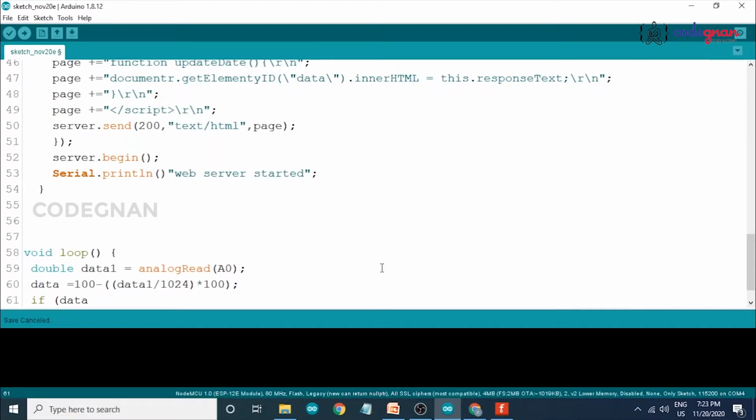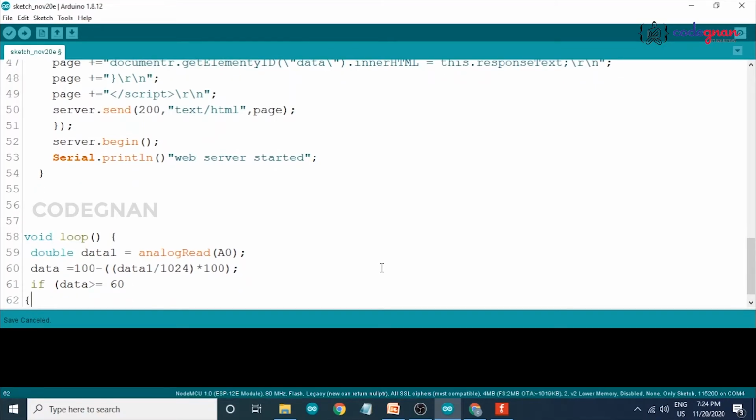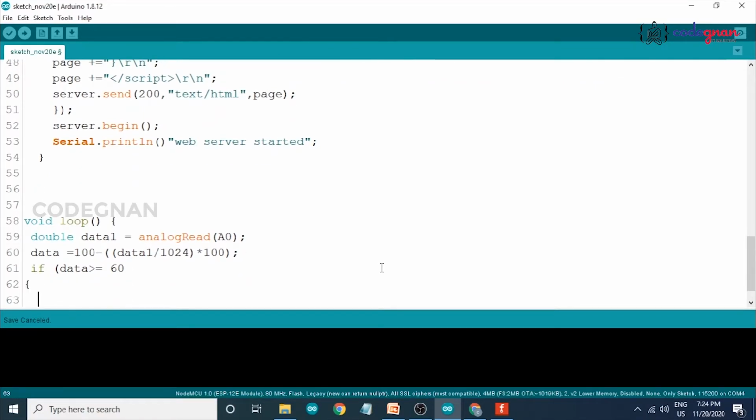So if data is greater than or equal to 60 percent, I want to print a message: soil is good.